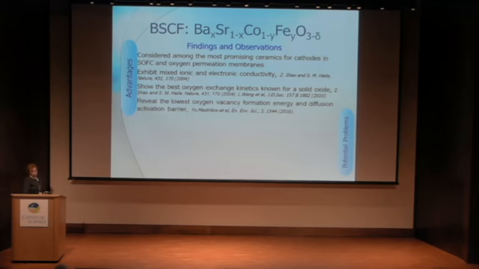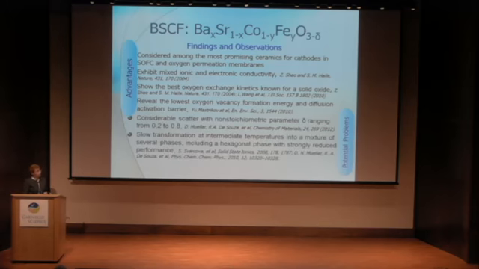However, potential problems with this material were also revealed, and about 8 years ago, nobody paid too much attention to them, but then researchers got more serious about it. For example, it was known and reported, not very consistently, in the experimental literature that there is considerable scatter in the non-stoichiometry parameter delta in these materials, ranging from really low, 0.2 or even lower, to really high, 0.8 or even 1.